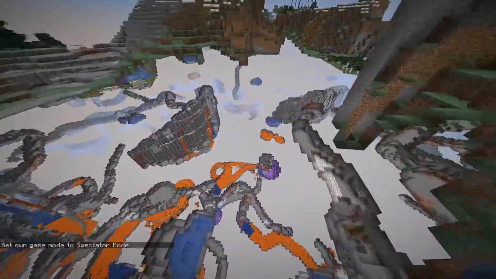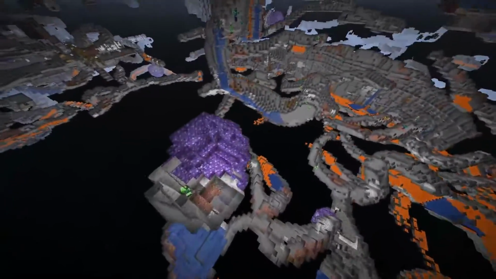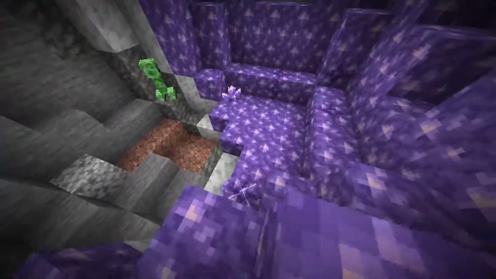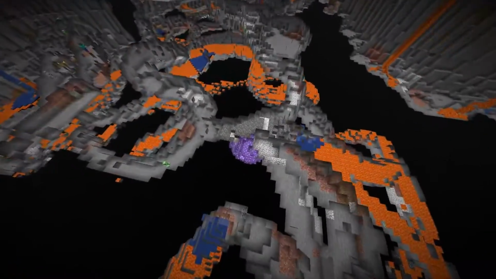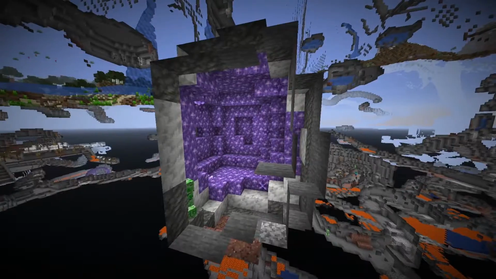And now we have a new structure that is naturally generated, which is the geodes. So this is one of the examples of the geode. Right here we also have some, and it looks like it generates quite frequently, which is quite nice. So let's look at one of these amethyst